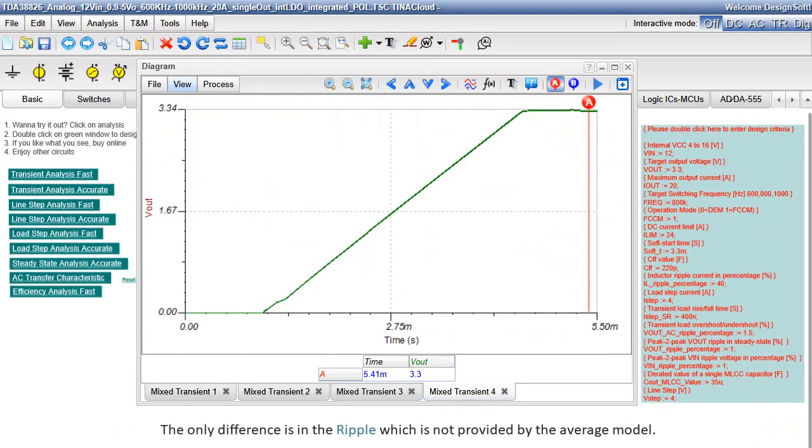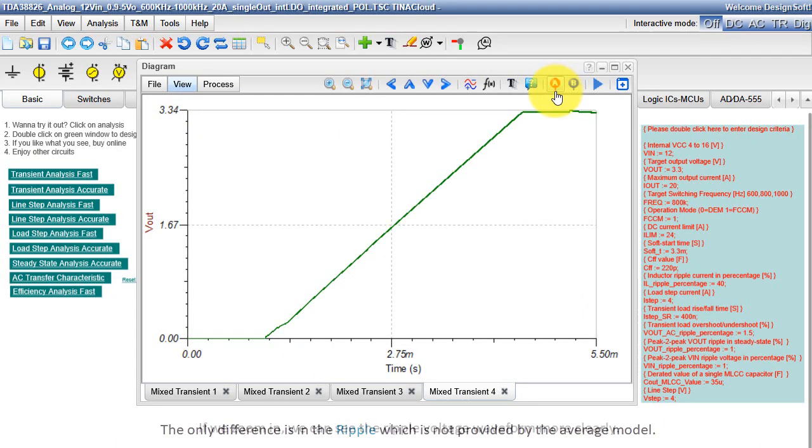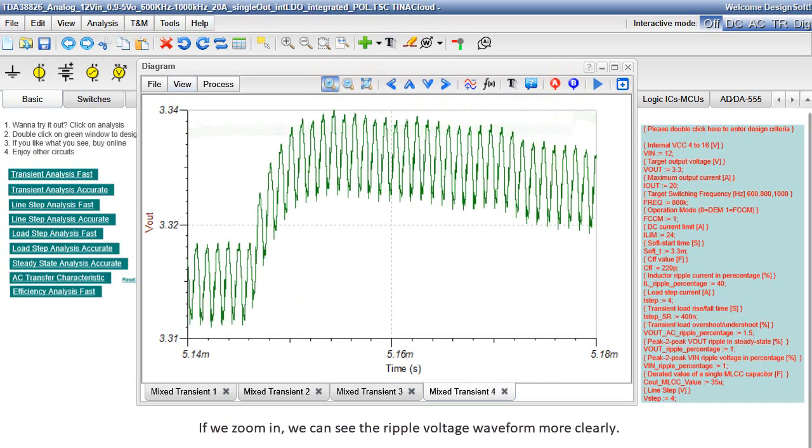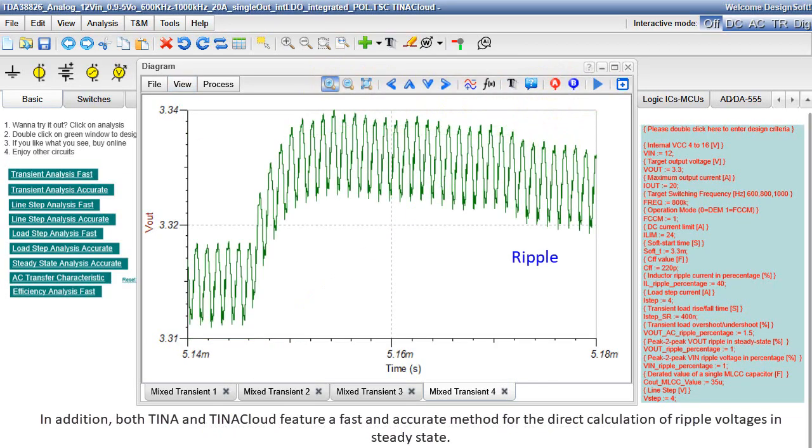The only difference is in the ripple, which is not provided by the average model. If we zoom in, we can see the ripple voltage waveform more clearly. In addition, both TINA and TINACloud feature a fast and accurate method for the direct calculation of ripple voltages in